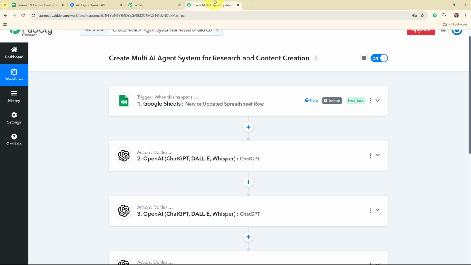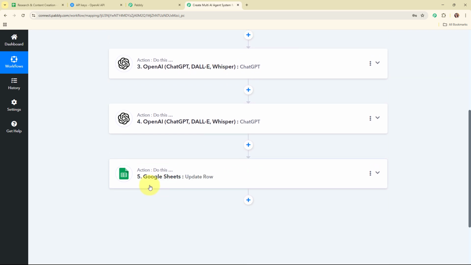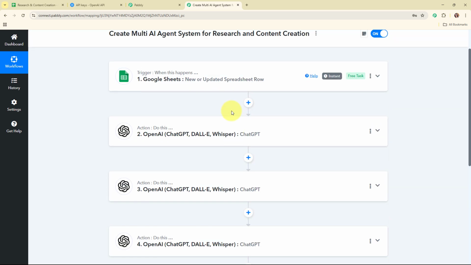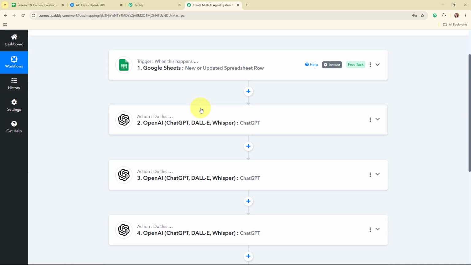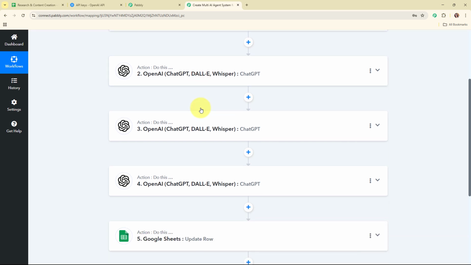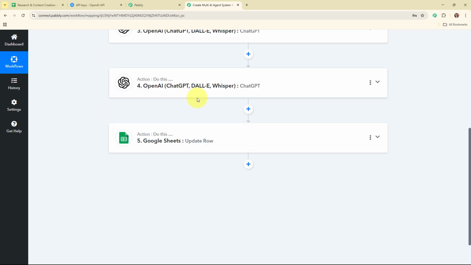Now let me summarize this whole video for you. So here we have selected our trigger as Google Sheets and our action as OpenAI thrice and then Google Sheets, so that whenever we add a new detail in our Google Sheets, then automatically using the details, OpenAI is going to make a research about the same. And after generating the research, automatically using the research generated points and some other details, OpenAI is going to draft the blog outline. And after drafting the blog outline, automatically using the details, OpenAI is going to draft the blog post. And after creating the blog post, automatically all the details generated by OpenAI are going to be updated in our Google Sheets under their specific columns.